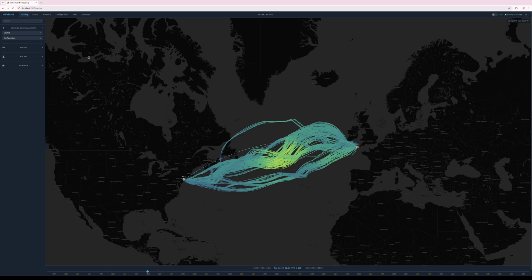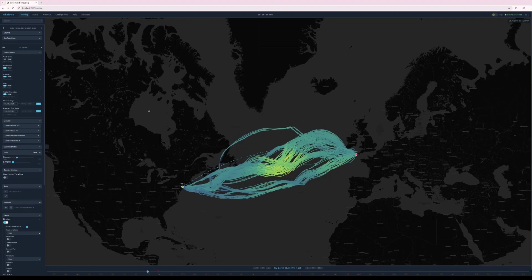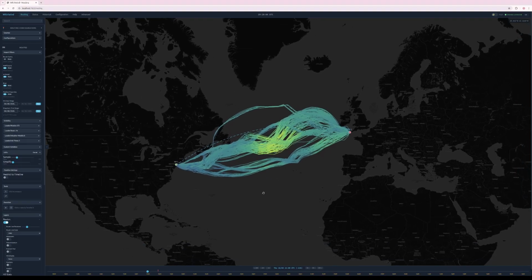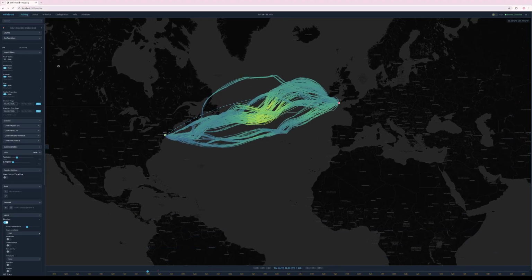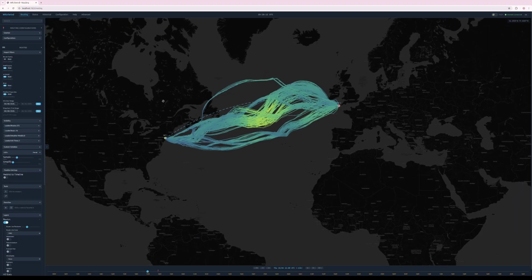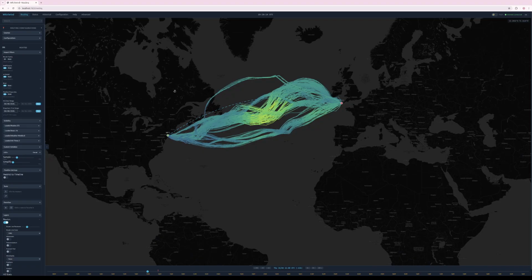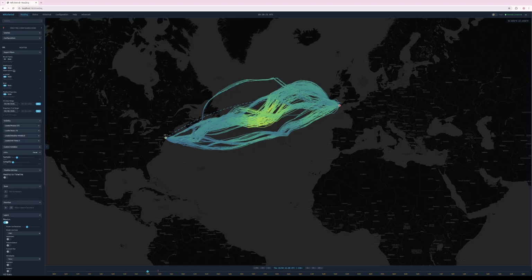So this video is going to dive into a little more detail on how you configure the routing page and all the different features there. Again, we'll keep it sort of high level and dive into more weeds in subsequent videos. So just focusing on this routes panel, the first area is just figuring out what routes would you like to